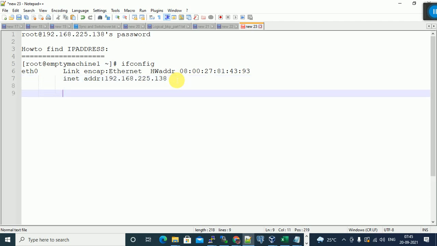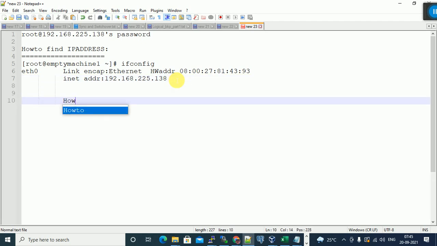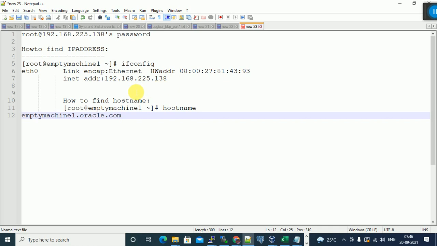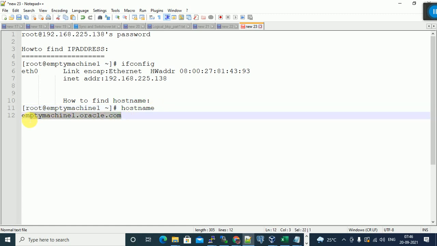How to find host name? So log into the root account, give the command hostname. It gives the current Linux machine host name.